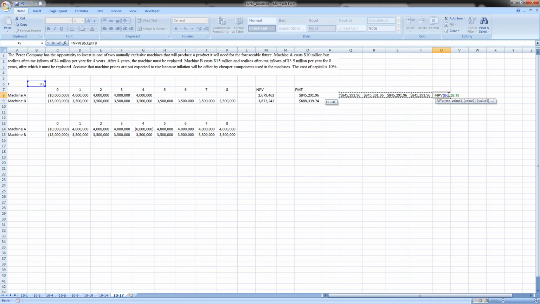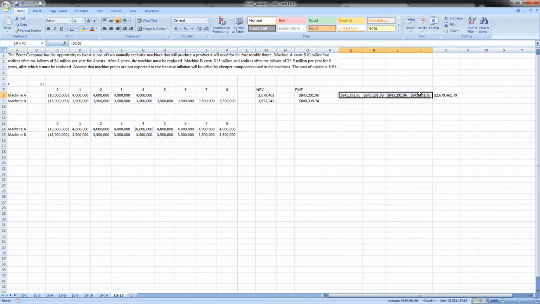We can value these 4 cash flow payments. And we see that this annuity stream, when discounting at 10%, has a present value of $2,679,461. If we were to take 688 and drag it out for 8 years and find an NPV discounting at 10%, we would then find an NPV of